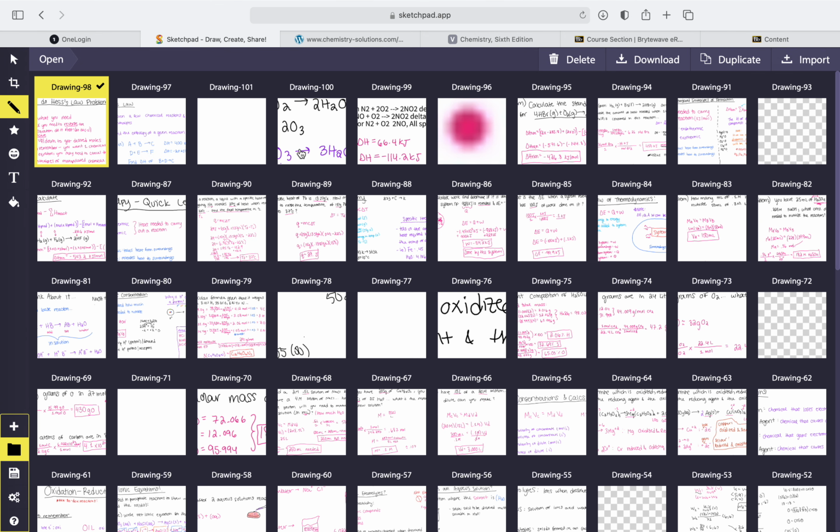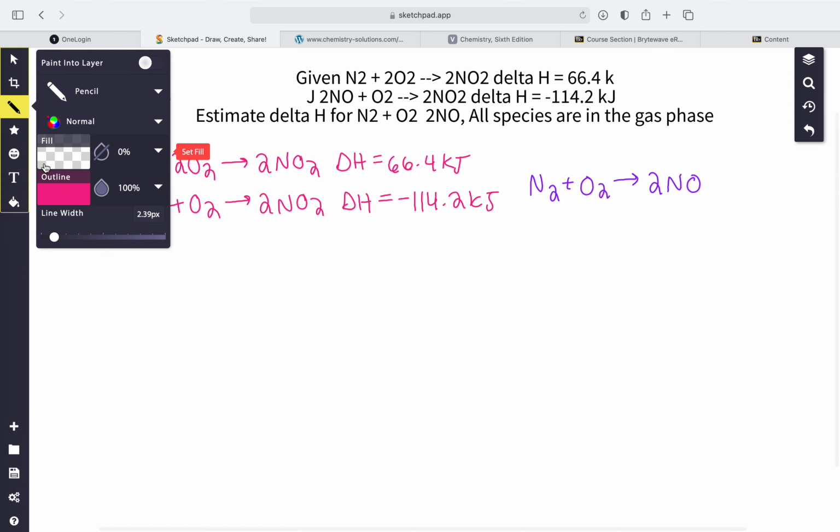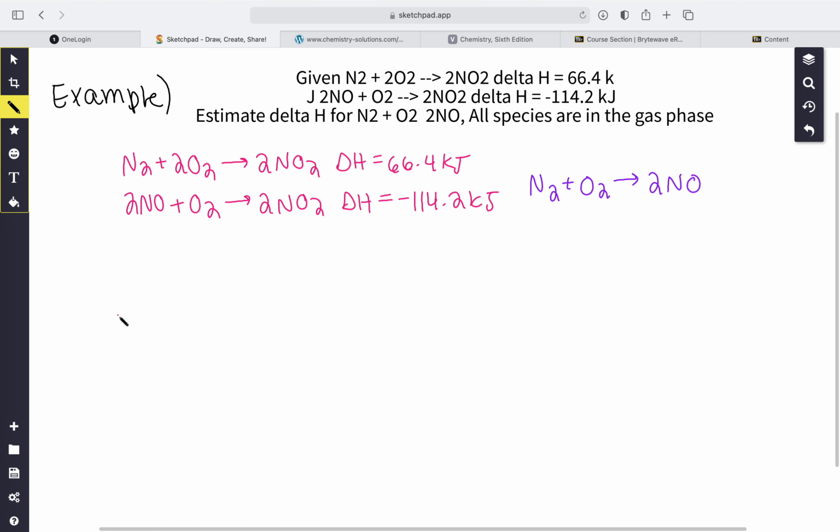Okay, so I'm going to first go over the easy example, and then we'll get into a little bit of a harder one, which was the one that we did in class, right? Okay, given